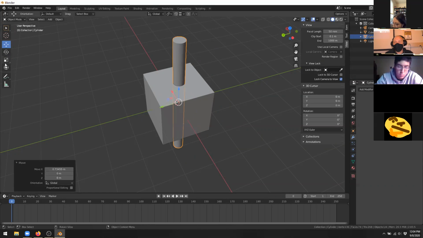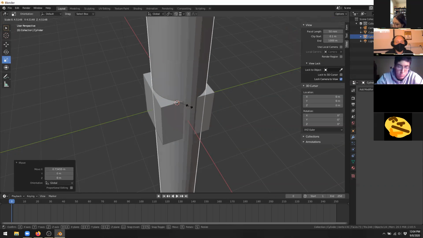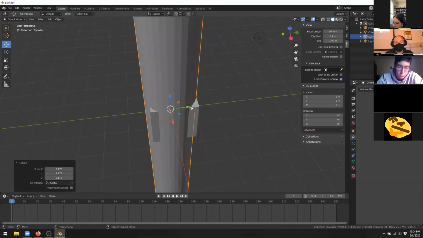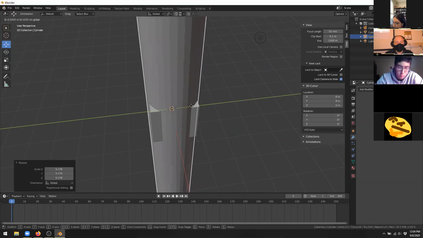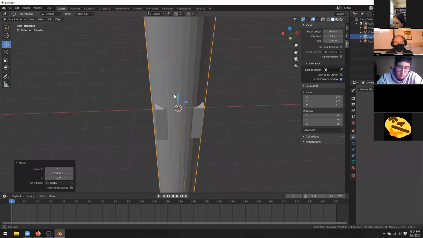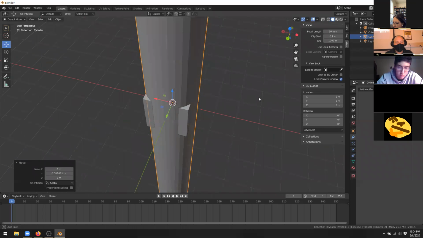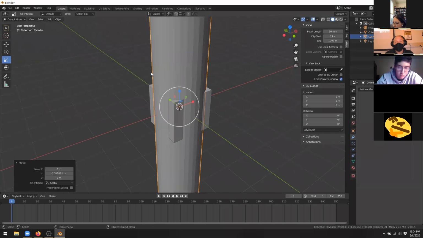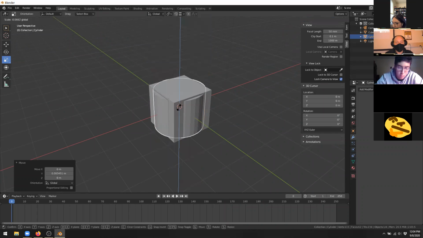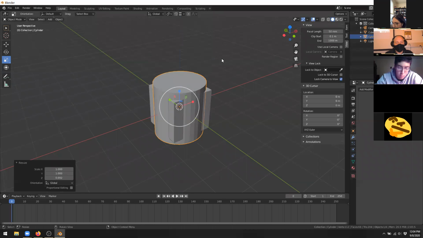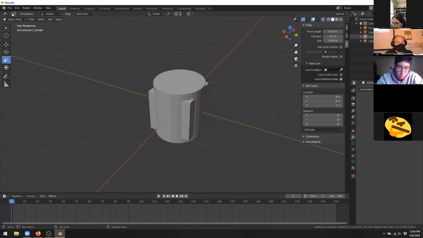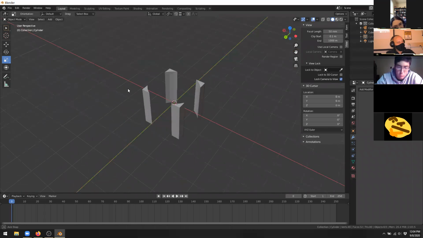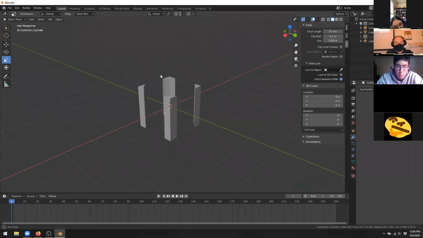I could position it back in the middle, take its scale, and really bump it up, to the point where the cylinder hasn't completely enveloped the cube, but I only see small outlying areas on the cube remaining. The rest is consumed by the cylinder itself. I'm just going to squish it down because I don't need it to be quite so tall. But now when I hide that cylinder again, we can see that the object I'm left with is still that cube, but